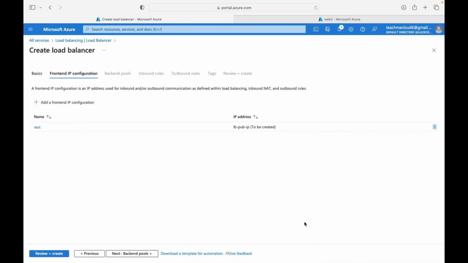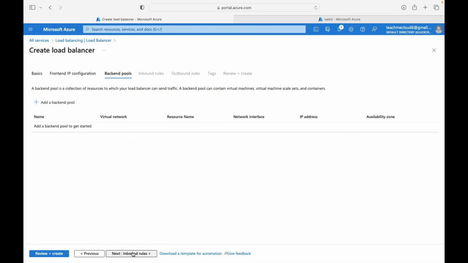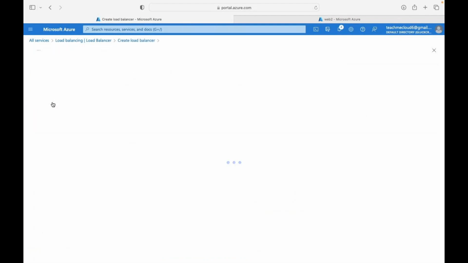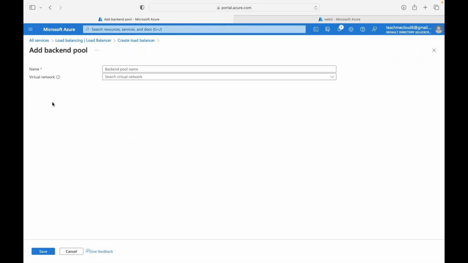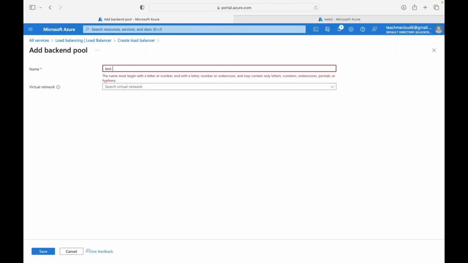Click add. No need to do anything. Then backend pool. So backend pool can help us to add the instances that we created in backend. Click add backend pool. Select the name of backend pool, test pool,